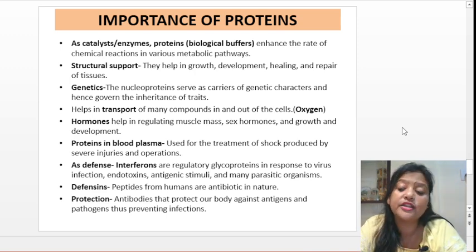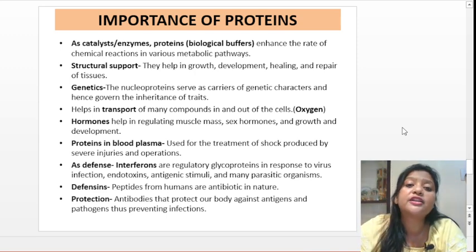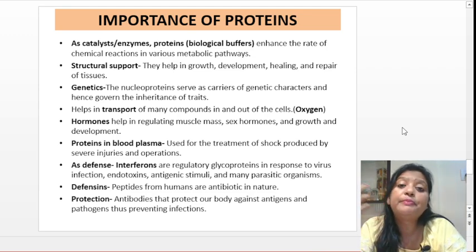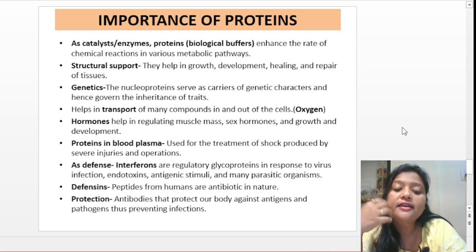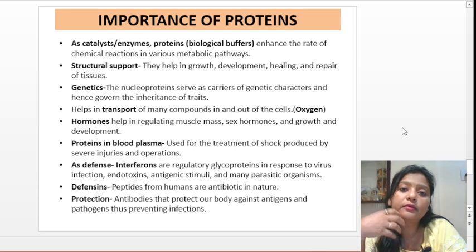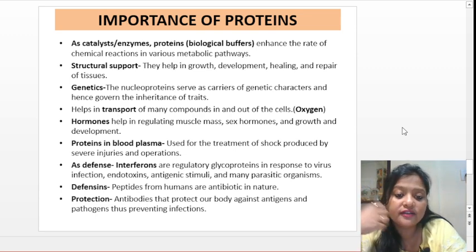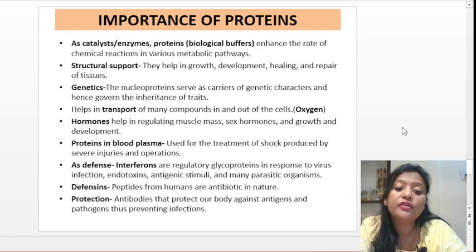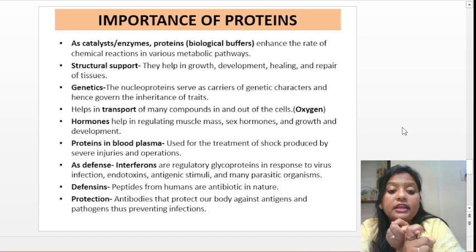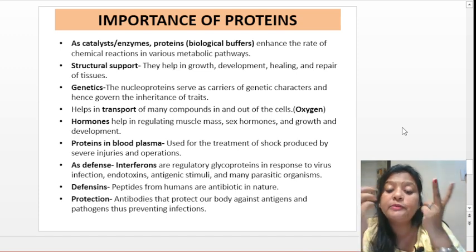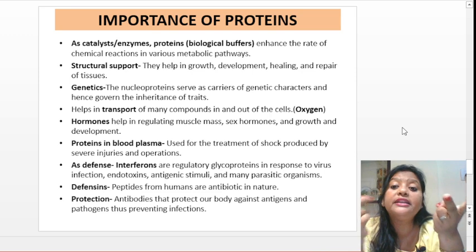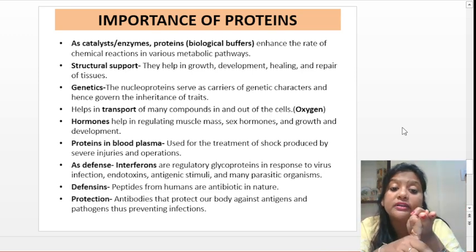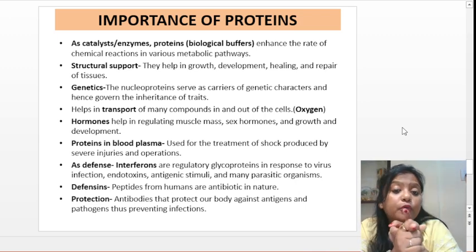what is the importance of these proteins? I told you in my previous class that proteins basically help in the repairing process and the damage control process. Suppose when our body senses some antigens, as we know that antibodies are a type of protein, right? So antibodies are protecting our body, so they have a protective function. Then also they have structural support. I told you in my previous class that these proteins help in healing, in repairing of tissues, in growth and development. So they have a structural support function.